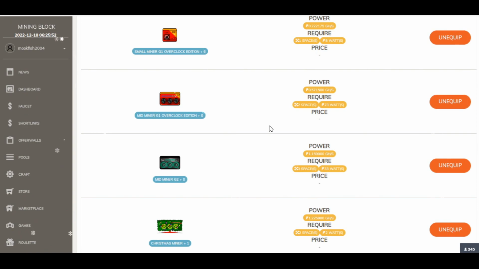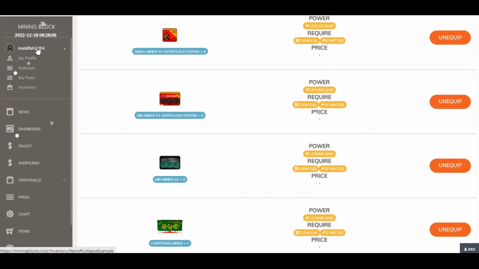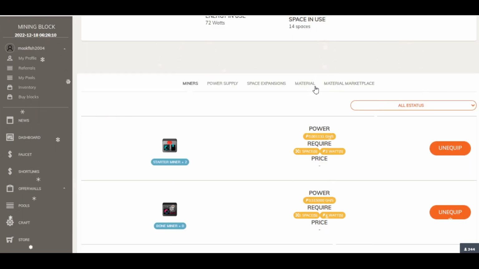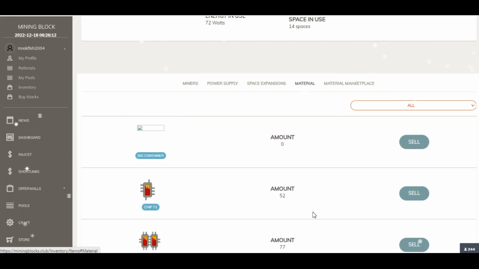Once all is said and done, obviously we've still got a good amount of time left in this holiday period in December. So I'm trying to go for a second Christmas miner. If we drop into, we're already in the inventory, aren't we? Of course we are. If we dive in here, go into material,